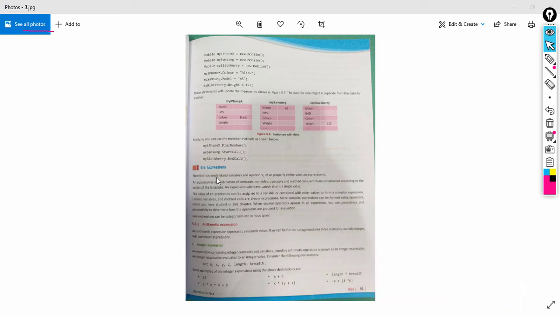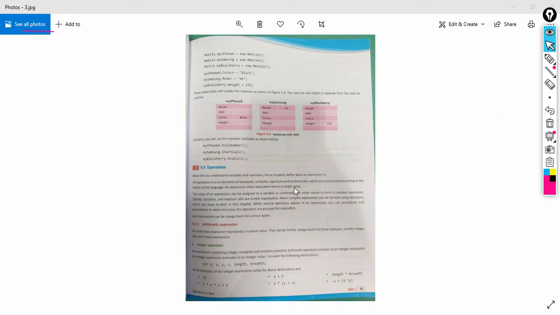Students, the next topic is expressions in Java. Expressions we have actually already seen many times in Maths. In Maths there are operands and operators, and operands and operators make up the expressions, isn't it? So in Java there will also be expressions. An expression contains variables or operands, and then operators. So these are the parts of an expression.